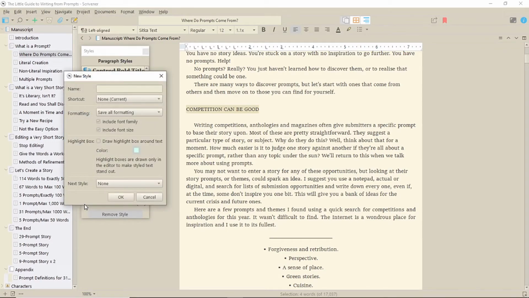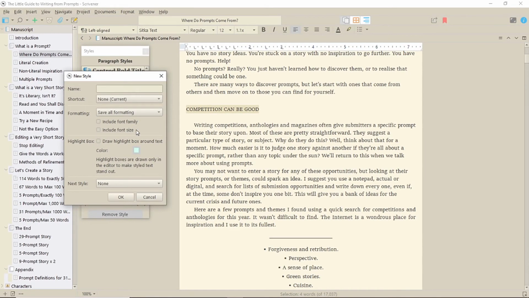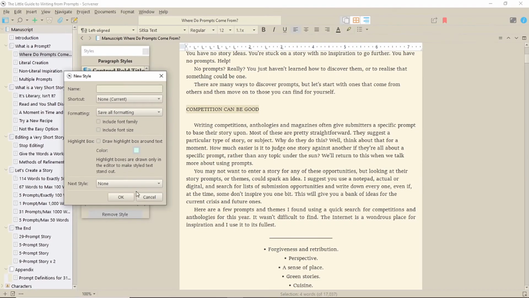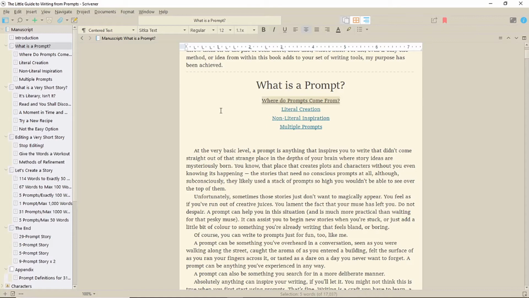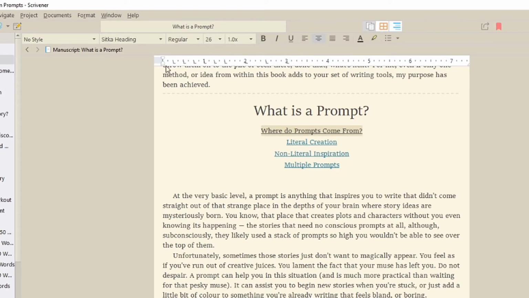One thing I didn't do, which had implications later, was to change the line spacing. Hold that thought for the paperback video. With all styles you create, make sure you have font family deselected. You'll probably want font size deselected for most things too. The best way to create centered text is to use the centered style that already exists, because this automatically takes away the indent, which will throw your centering off.